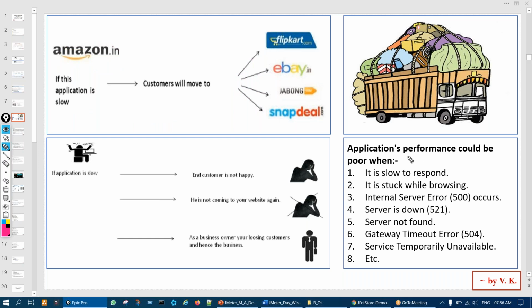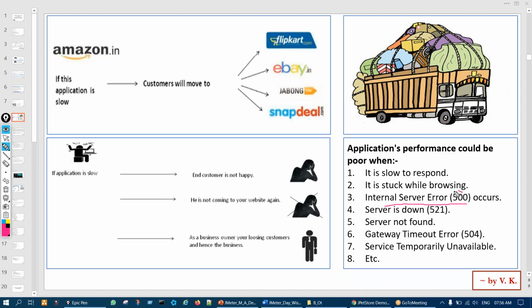A few symptoms tell us that application performance is poor: it is slow to respond while we browse, and pages get stuck somewhere.